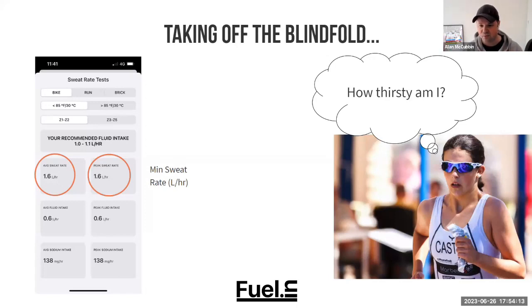But the other thing, if we want a dipstick into where my hydration is in this particular moment, am I overdrinking? Am I underdrinking? In comparison to that moving target, really the only thing that we have to go on is our sense of thirst, which is why when you do the sweat tests, tracking your sense of thirst can be really useful. And sometimes people find that their sense of thirst doesn't really guide them very well. And again, that's why doing sweat tests and measuring thirst in those tests can give you really valuable feedback,